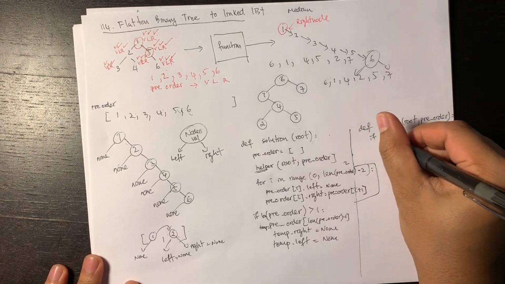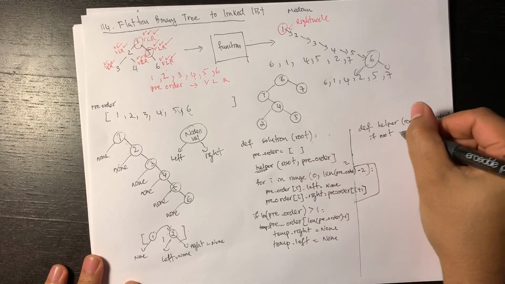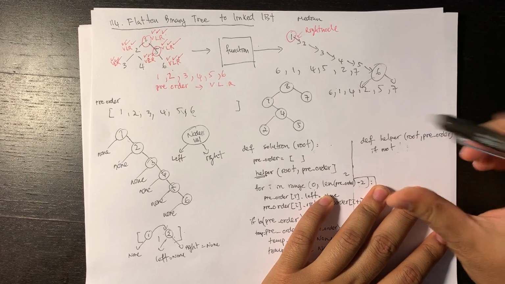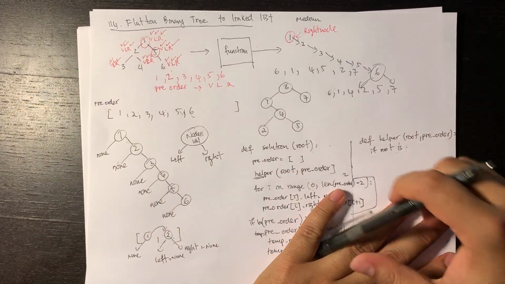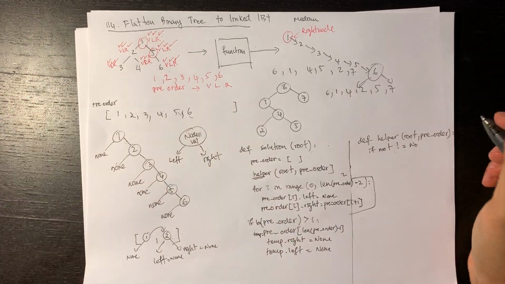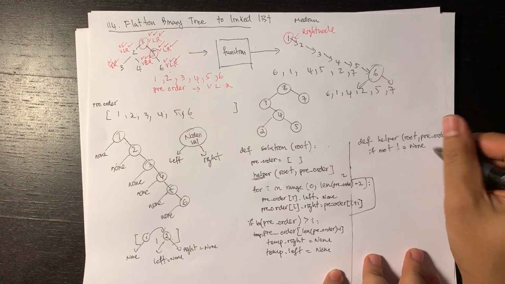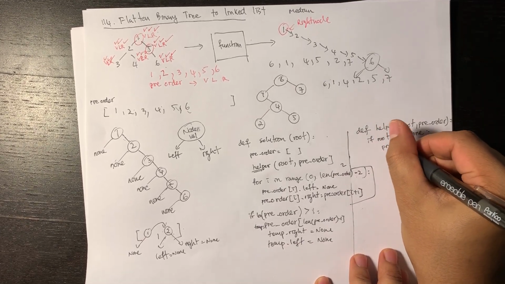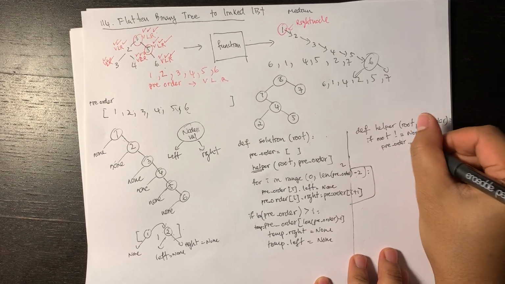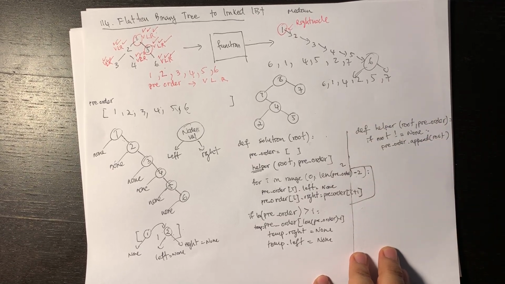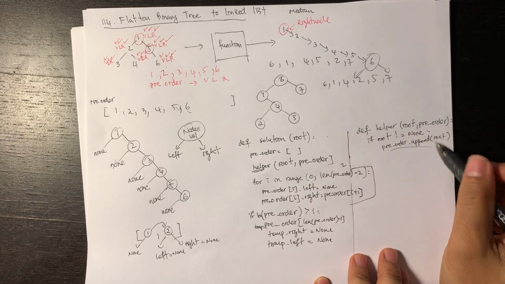So if root is not none, you want to do pre-order.append(root). This basically means the same as visit,